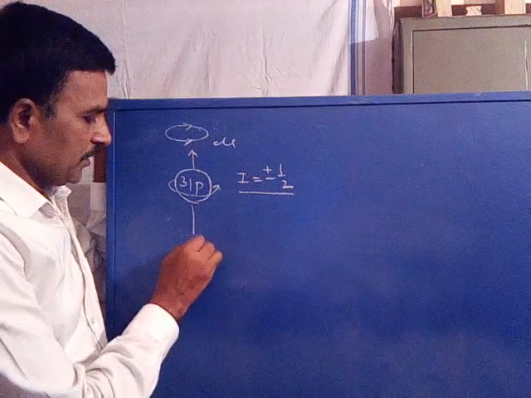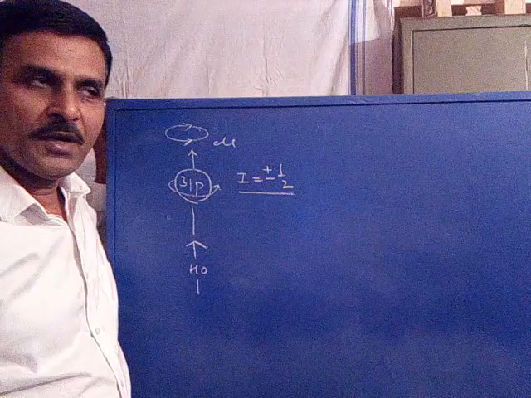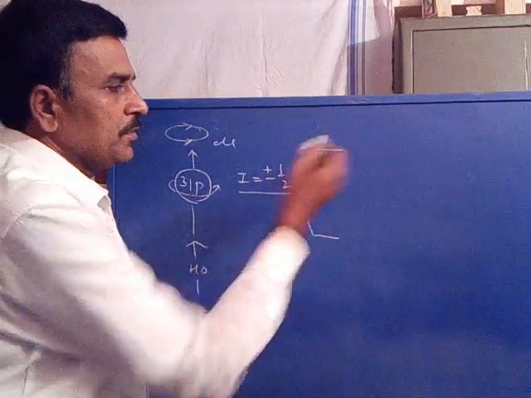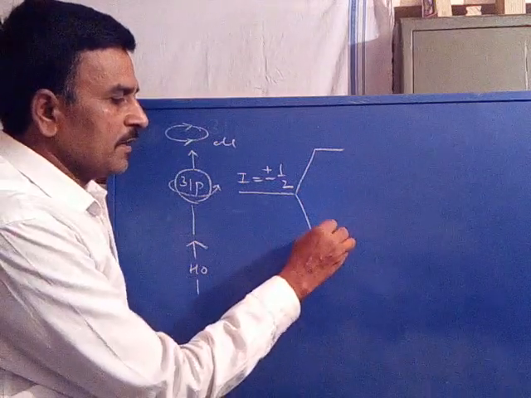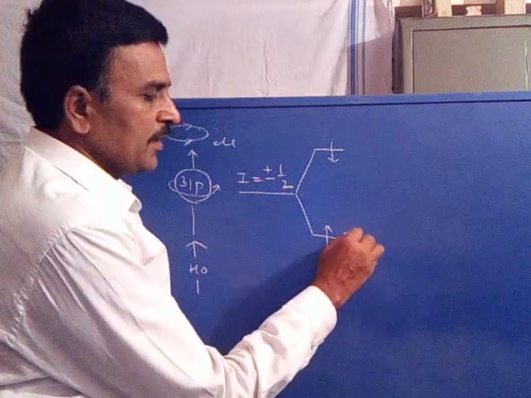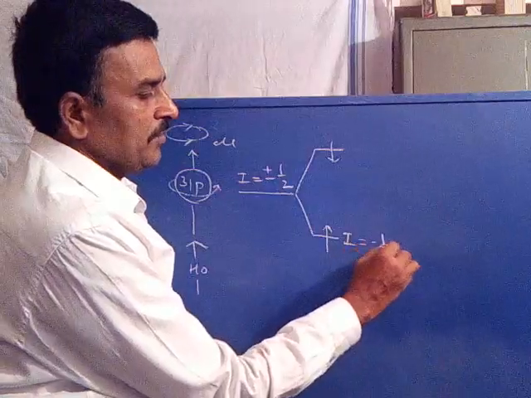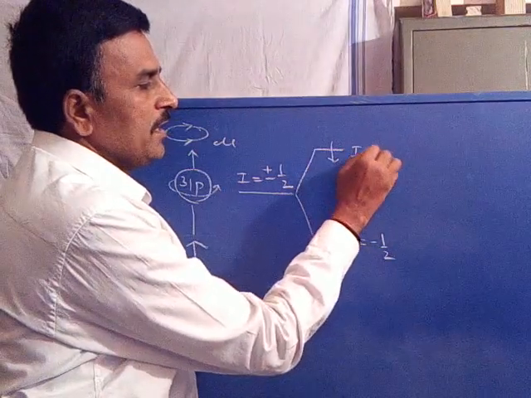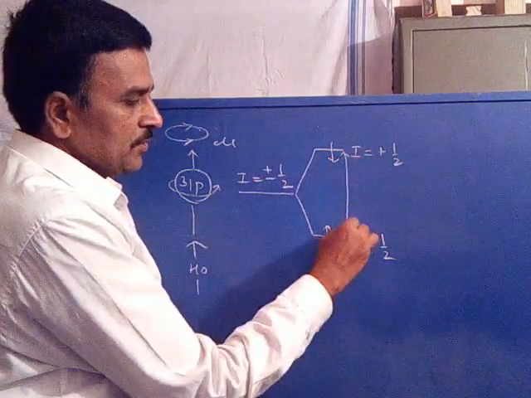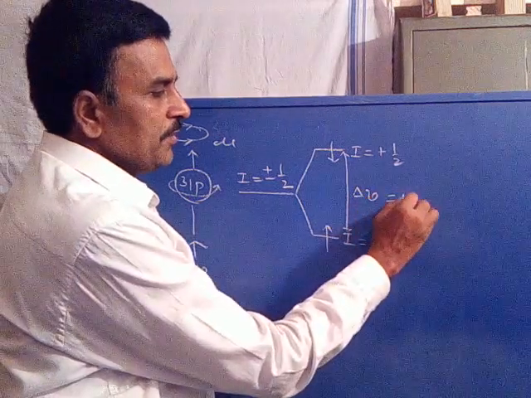Now, when a certain amount of external magnetic field is applied to the spinning nuclei, its degenerated energy state is split into two energy levels, the lower energy level and the higher energy level, where for the nuclei of lower energy level, the spin quantum number is equal to minus half. For higher energy level, it is plus half. The energy difference between the two energy levels, that is delta nu, is equal to radio frequency